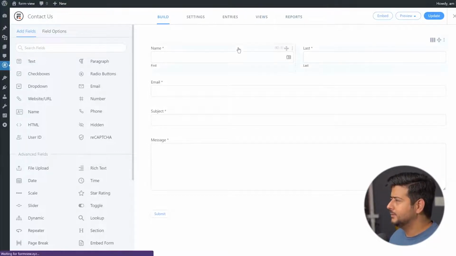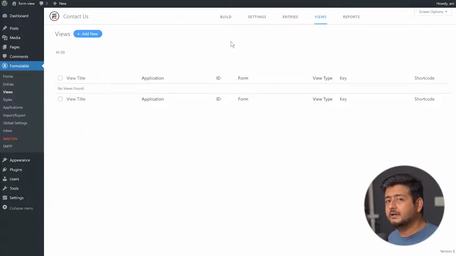So if I go to the views option, I'll be able to start creating different views for this particular form's entries. Now, let me clarify what views are. Views is just a front-end display of anything that a form captures. You can display the information on multiple pages, in multiple different ways and formats. And you can also have some customization options, which I'm going to talk about when I show you the actual